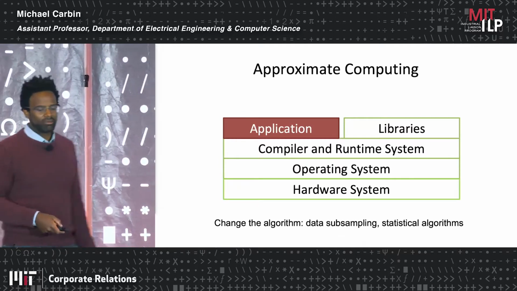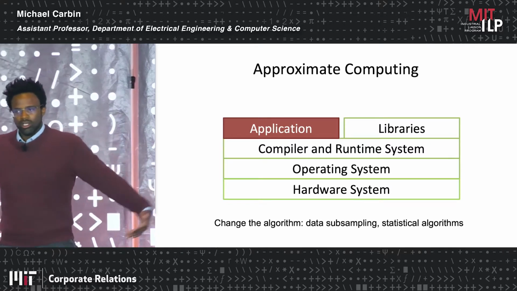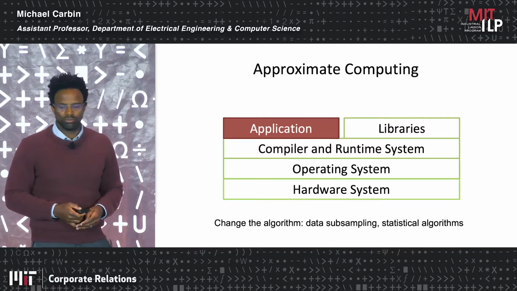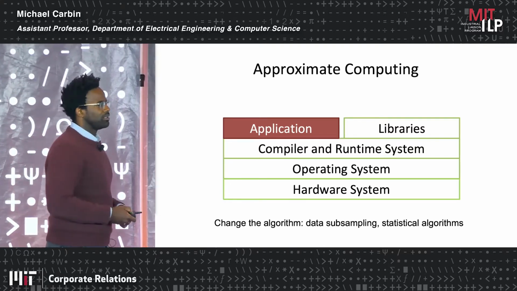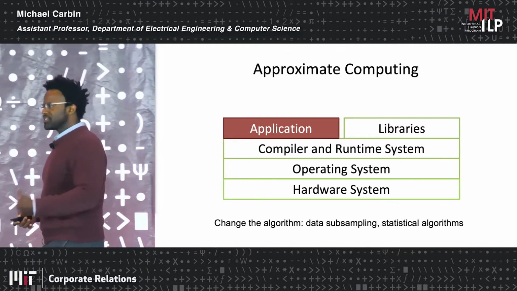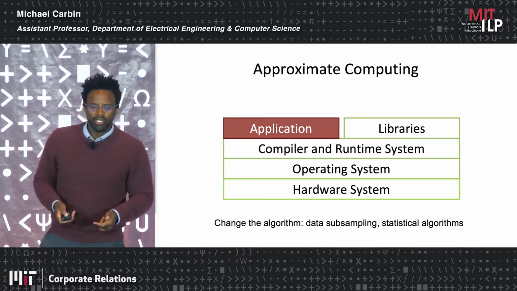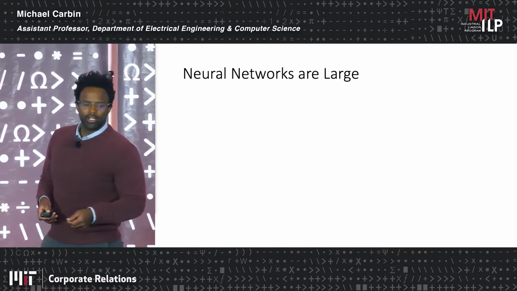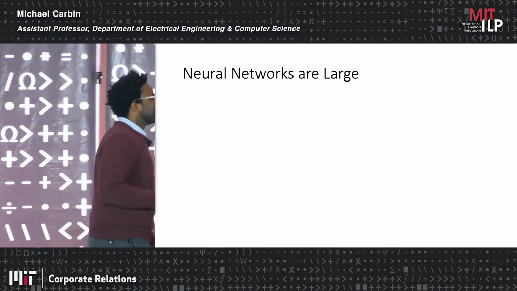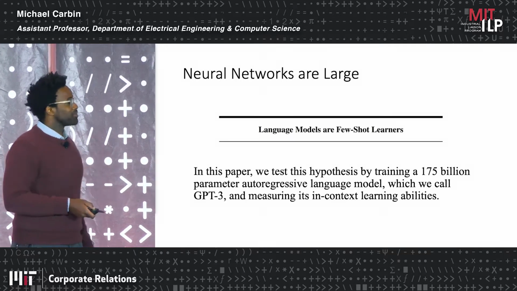And then finally, coming up to the application, right? We've talked about all these techniques where essentially we assume in some sense the application is fixed, and then the ground below us is moving around, but there are opportunities to actually change the application and change the algorithms. So for example, subsampling our data, considering things like statistical algorithms, and many other techniques. And this is the jumping off point where I want to talk about some of the work that we've done in our group on actually changing the algorithms behind neural network training. And so the insight here, of course, actually, this isn't a new insight, but the observation here is neural networks are quite large, very, very large, but very, very capable, right?